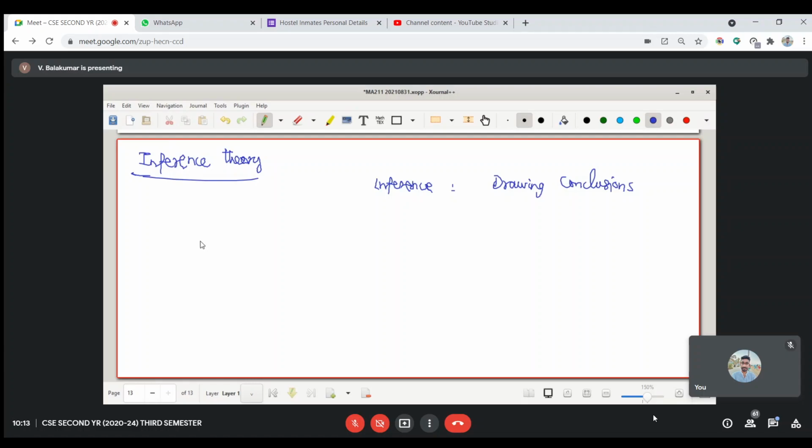So you have many premises. Premise is hypothesis. Many premises you are having, and you need the same conclusion. Anybody can do it. It need not be a single premise. It may be a conjunction or disjunction of premises. Let me write like this: many premises you are having, and from there you should get one conclusion.